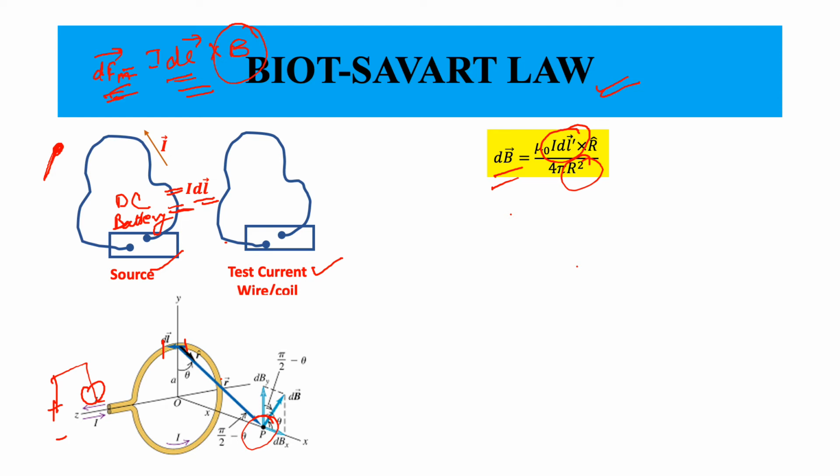Okay, so this is my source point and this is my field point. So the vector would actually be dl cross r. And that would be the direction perpendicular to the plane that contains dl as well as r. Okay, r is the vector distance from the source, the current element dl, to the field point,